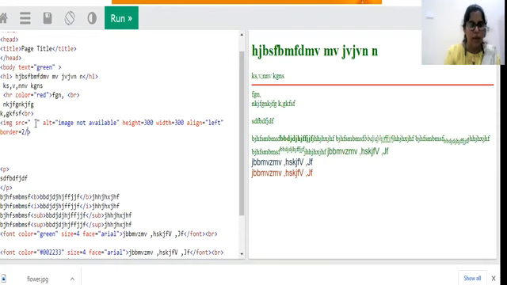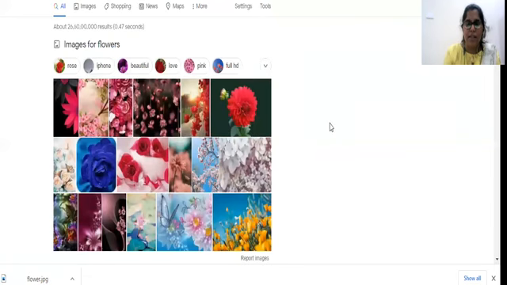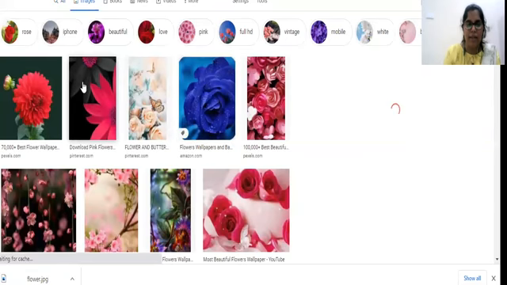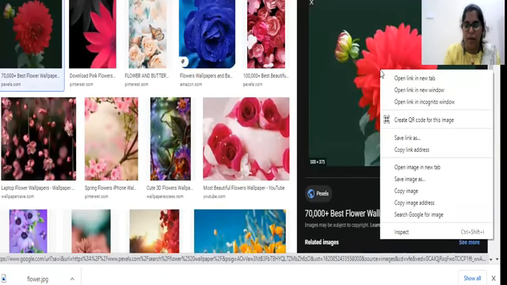So here we need to put the address of the particular image where it is located. Suppose here we are trying everything online, right? Whenever you are practicing online, then you can take online pictures which are available. So if you can see, here I have some images and I want to insert this image, then I'm going to click on that.